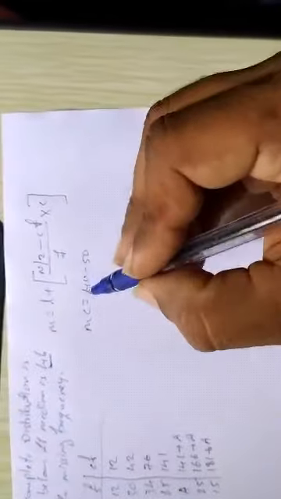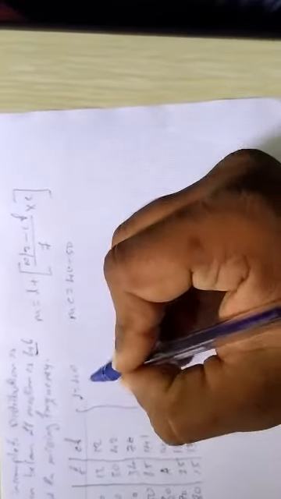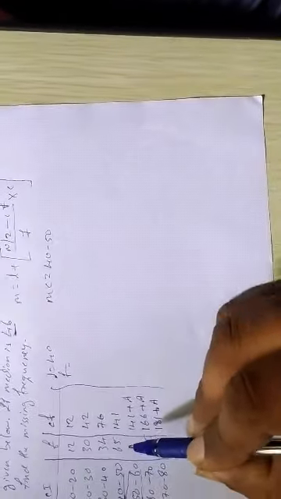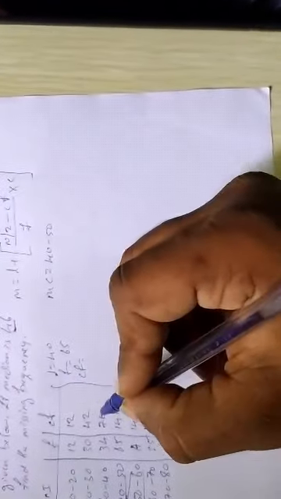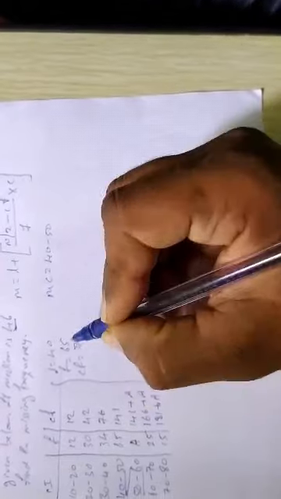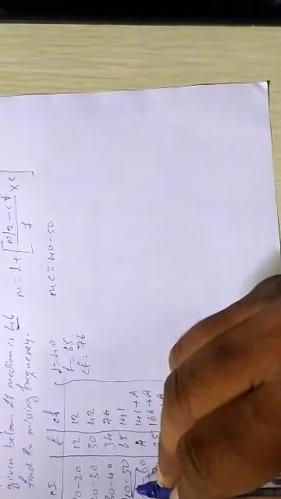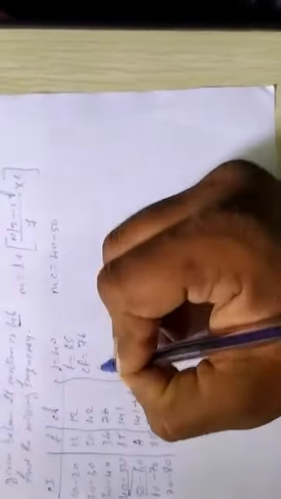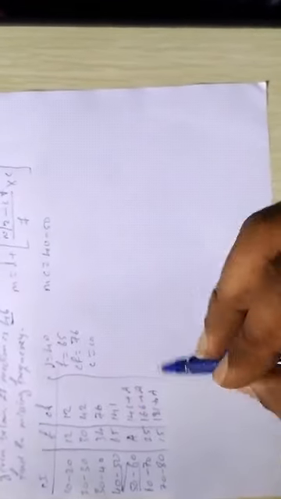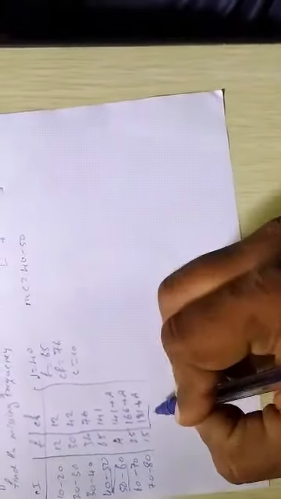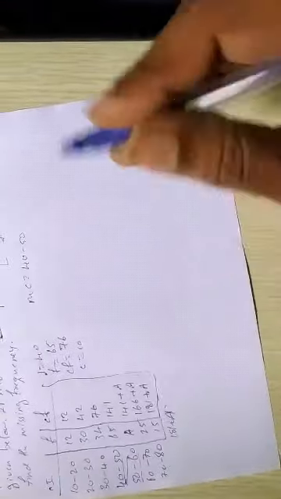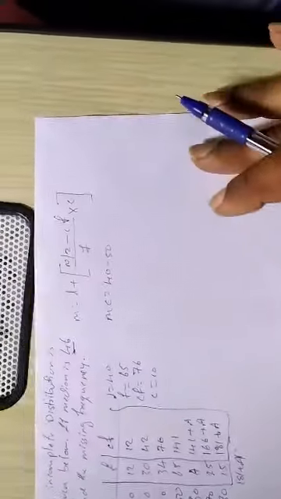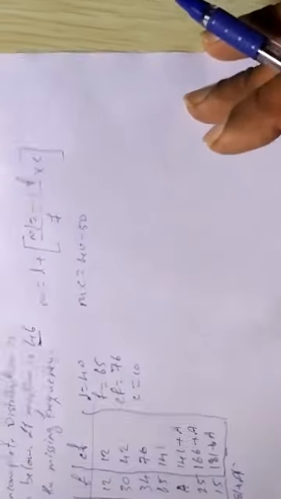Now write all the remaining values which appear in the formula. L is equal to 40. Frequency F is 65. CF, the cumulative frequency of the preceding class, is 76. C, the width of the median class, is 10. And N by 2: N we don't know, but we have a value here, that is 181 plus A. So N is 181 plus A. Just put that in the formula and find.